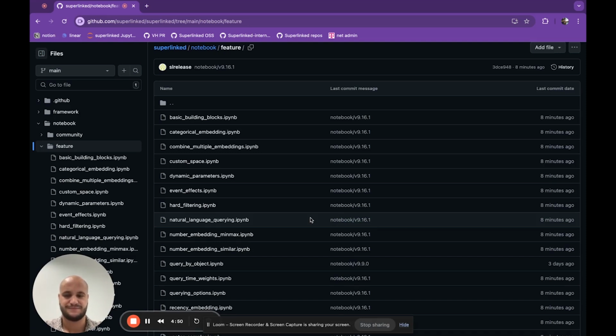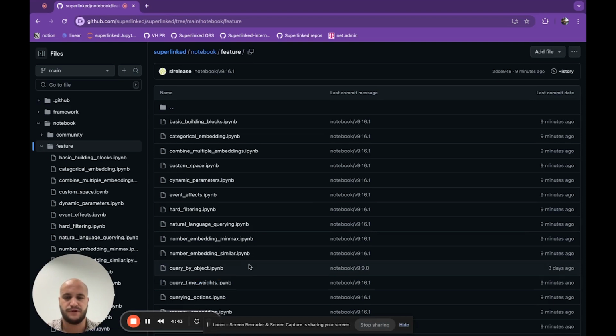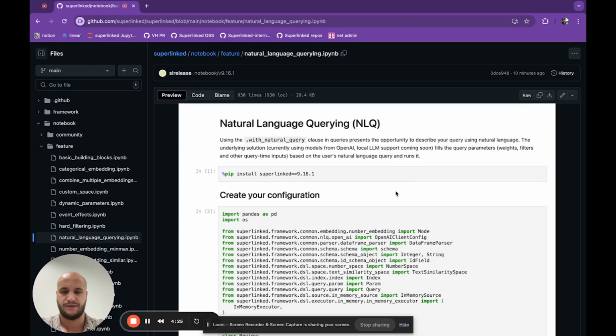Today I would like to show you one of our coolest new features. In general, if you're wondering about a feature, the best place to look is the feature notebooks on our open source repo. What I would like to show you today is the natural language querying feature. It is essentially a tool to detect user intent and transform the user's natural language query into a structured